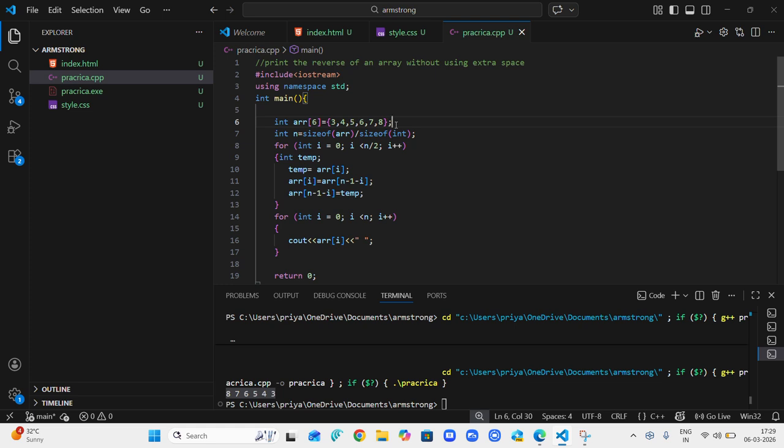So in the same manner, here I have created an array of size six, and here I have taken out the size. I have gone from i equals 0 to n by 2, i plus plus. The major logic applied here is why we went to n by 2. This was a question which struck my mind also when I studied for the very first time.